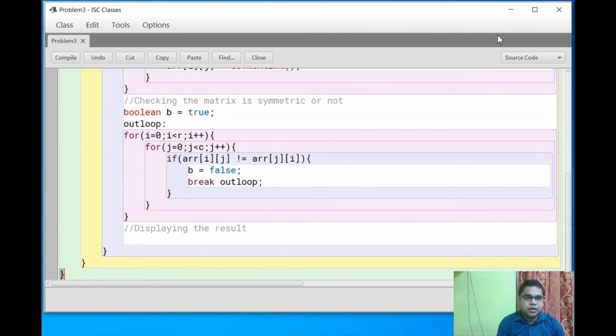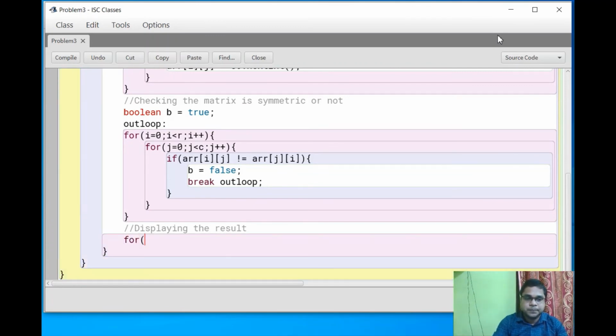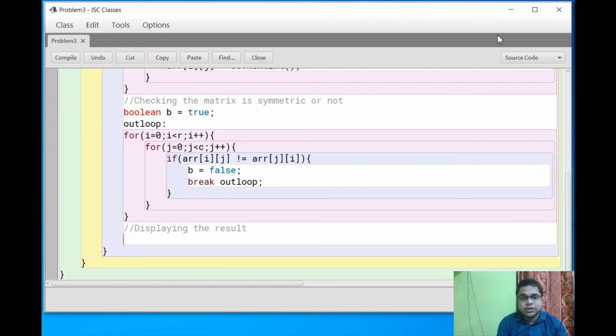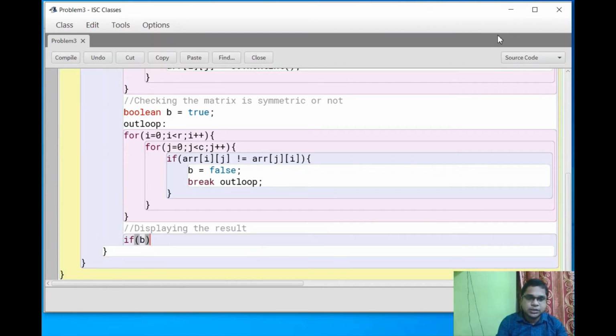How to display the result? Obviously no for loop is needed; just check the b value. If the boolean value is true, then it is symmetric.